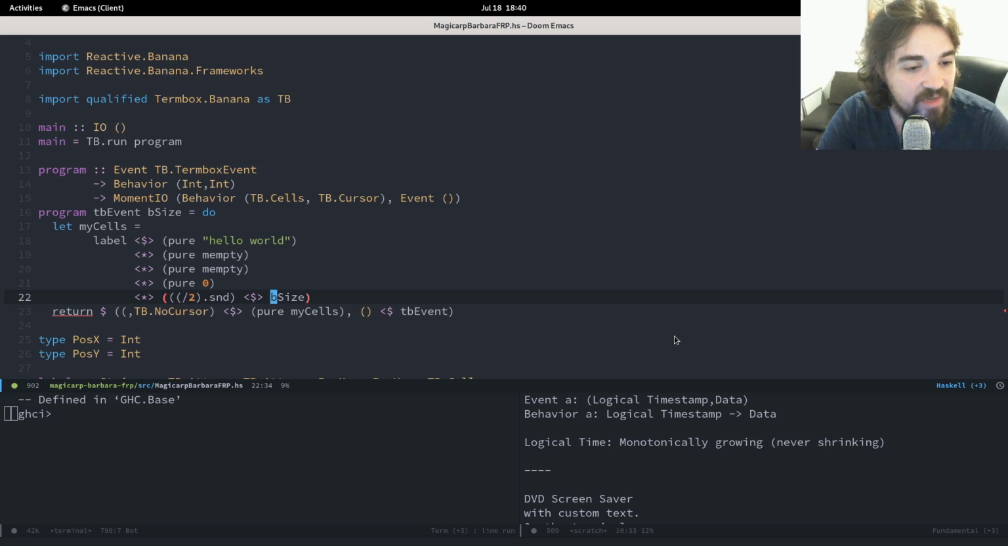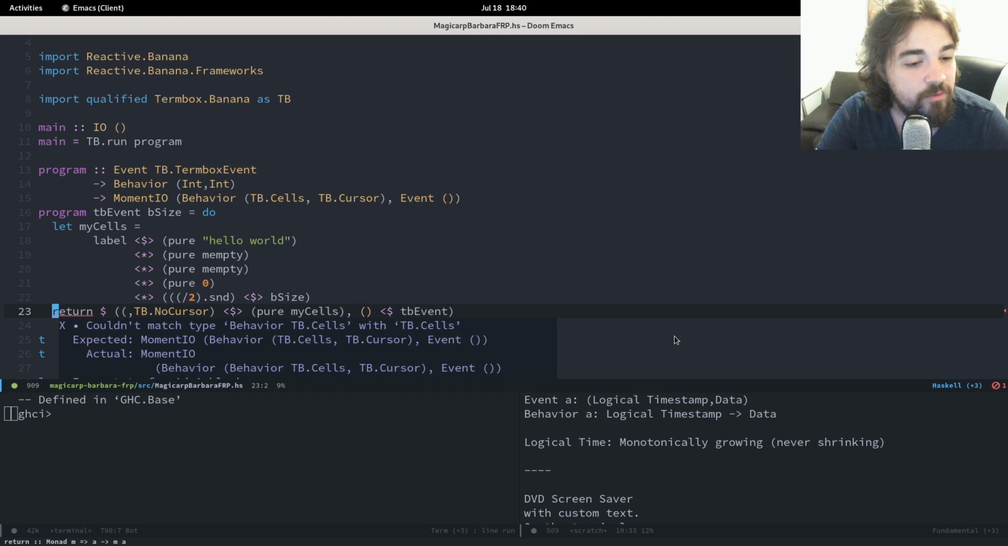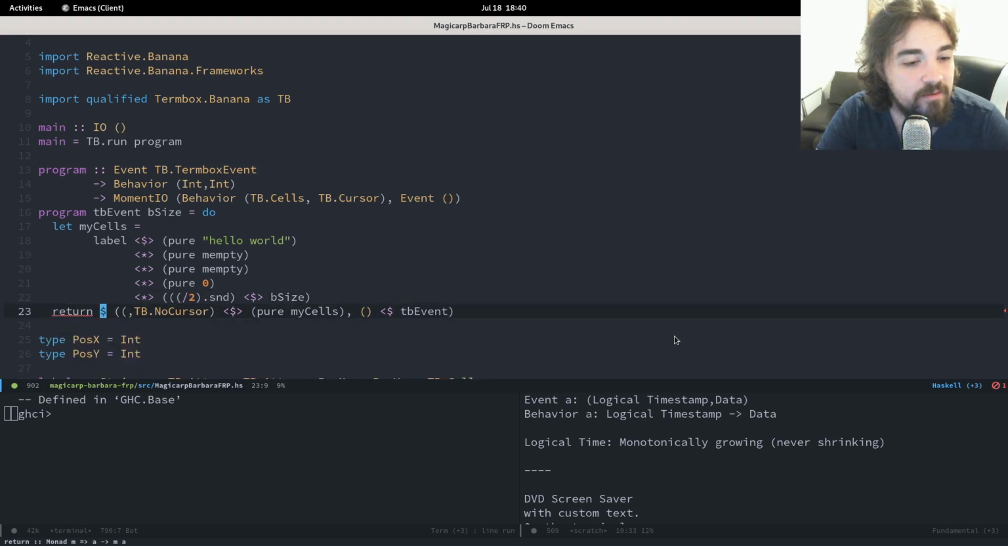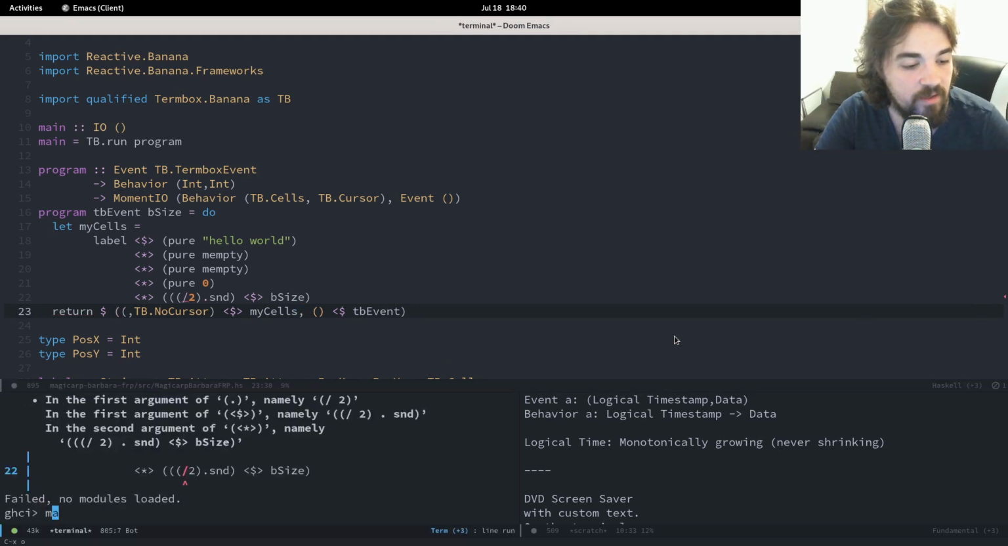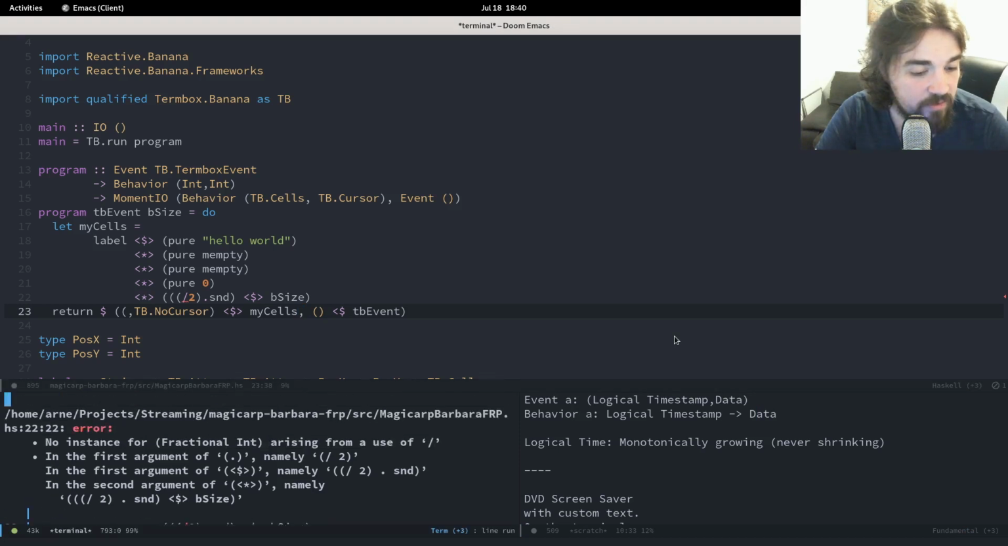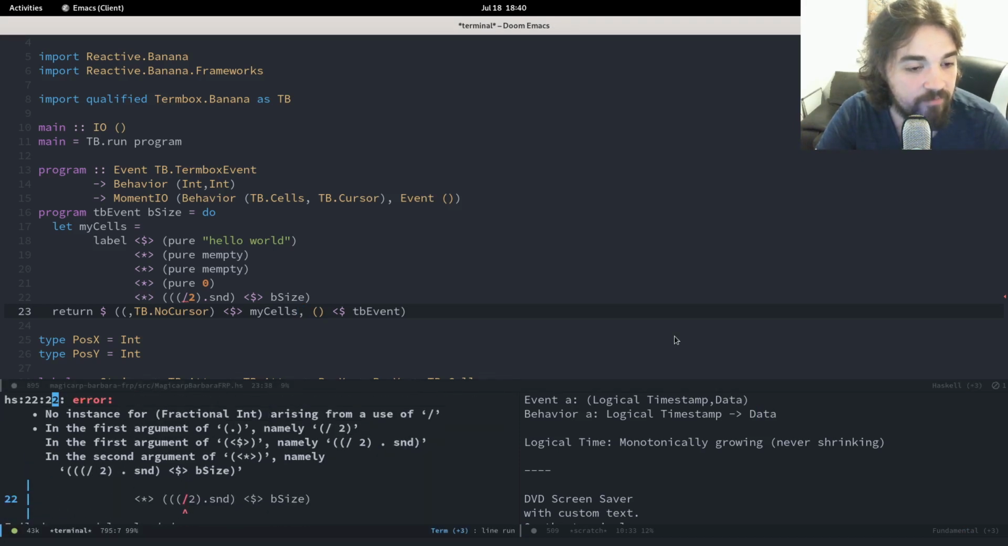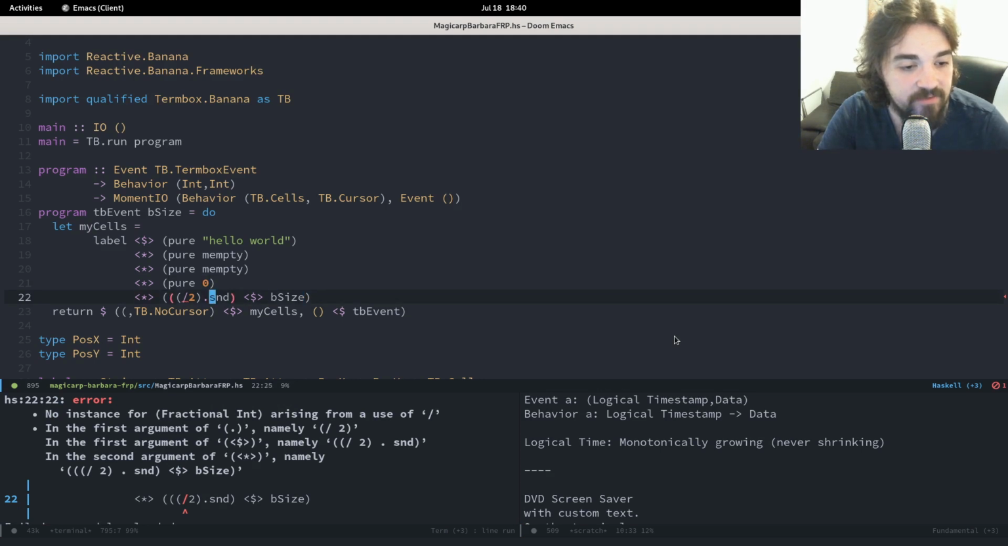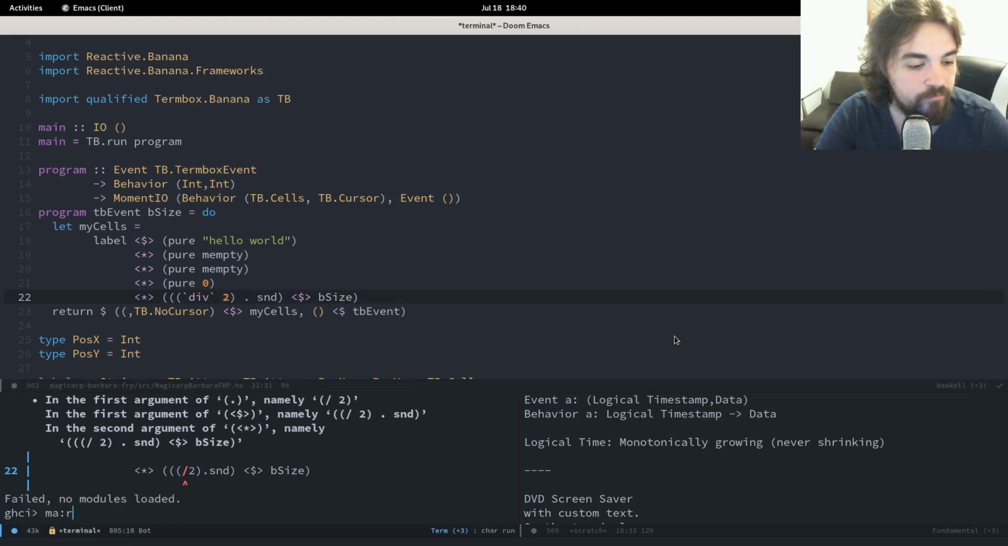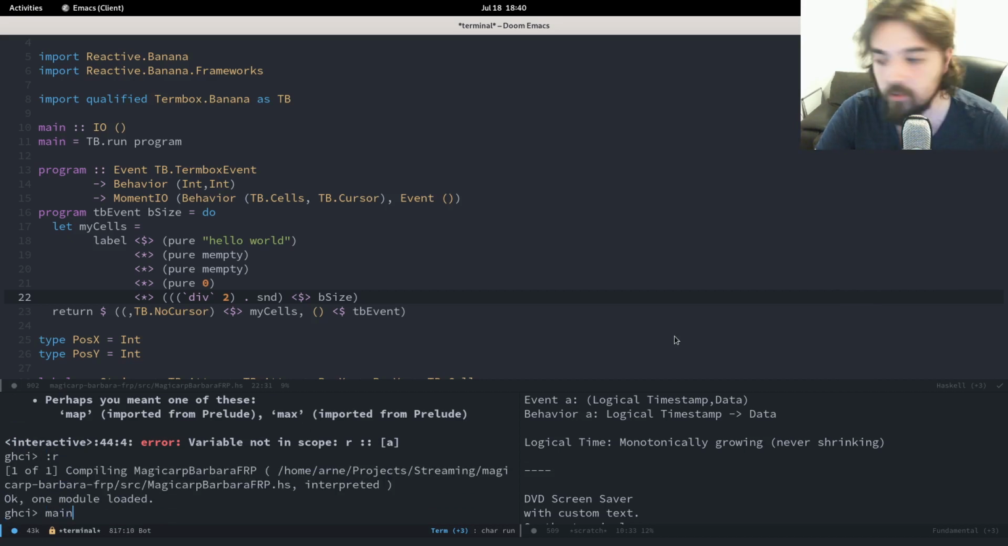We still have some imbalanced brackets. Why is that? Or do we? TB cells. Oh yeah, my cells is a behavior now. And that's rounding issues. Yeah, fractional. Of course, we cannot just divide fractionals by 2. But what we can do is div. And if we now call main,